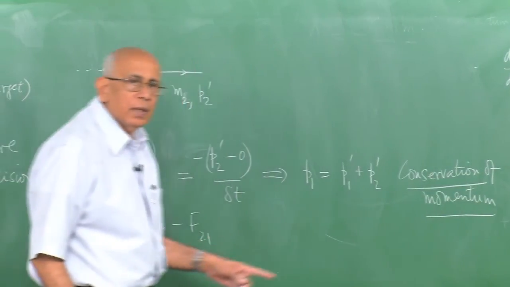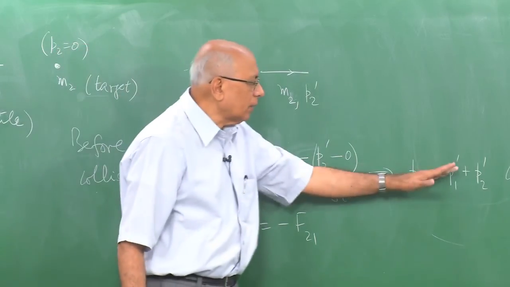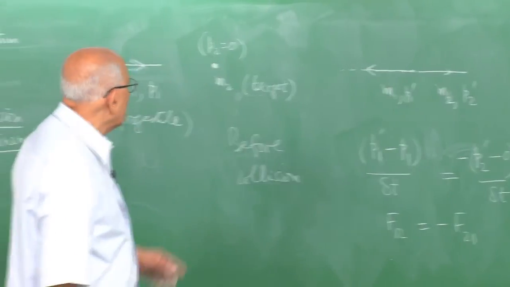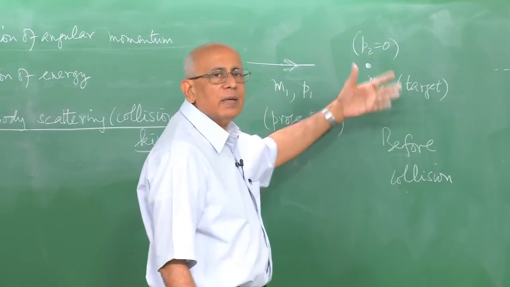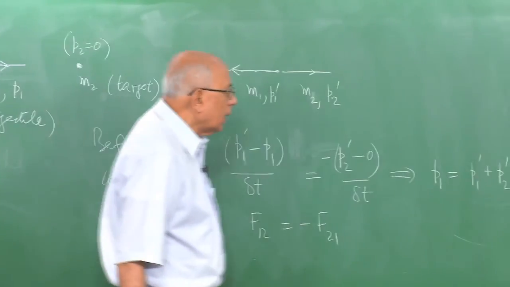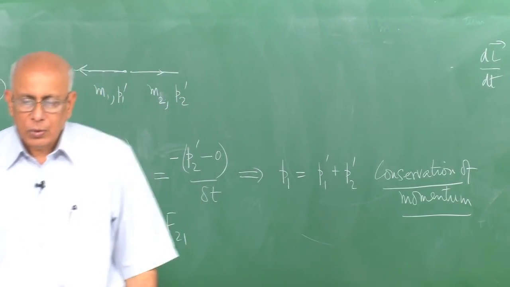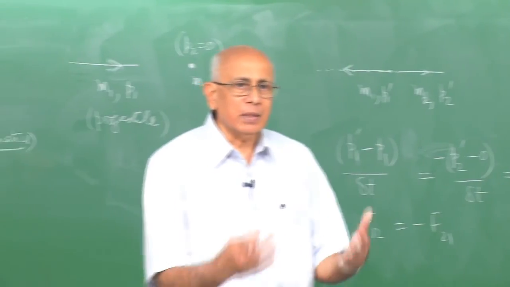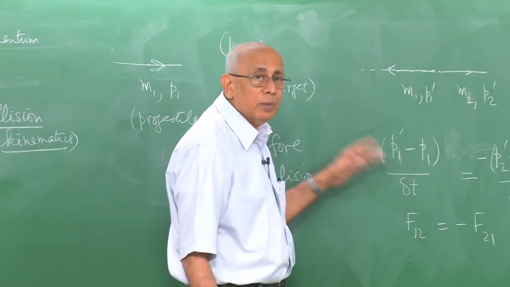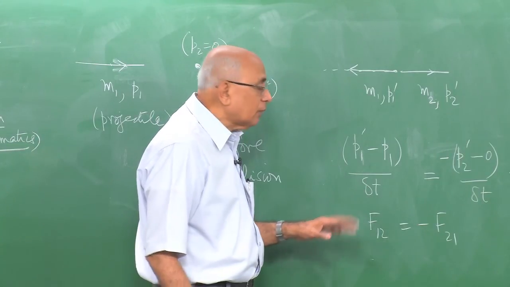So in future, I am not going to go through this argument about Newton's third law. I am going to write the conservation of momentum down automatically, because you can easily convince yourself very trivially that even if P2 had not been 0 but had been some value on the same line, it won't matter. You would get P2 prime minus P2 here, and this would become P1 plus P2 is P1 prime plus P2 prime, and momentum is conserved. So henceforth we will simply write down momentum conservation in such situations without going through the argument involving Newton's third law. But you must remember that it comes from this argument, and it is independent of the actual details of the force,